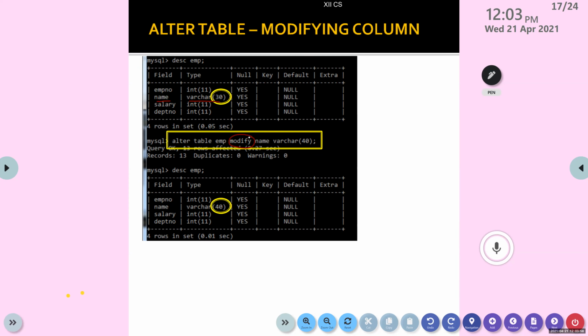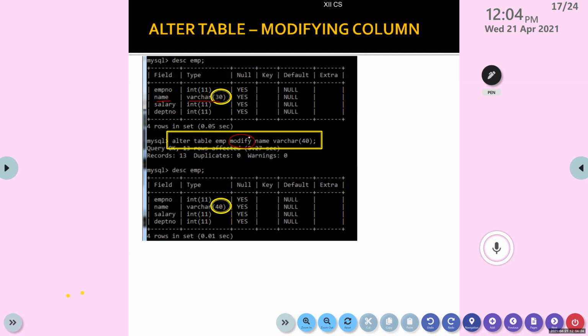Whenever we alter a table, we have to describe the structure of the table. Here, in order to show you, the describe command is given. The first time it was EMP, name, salary, DPT name. The previous size was 30. After altering this, the new size you can see.